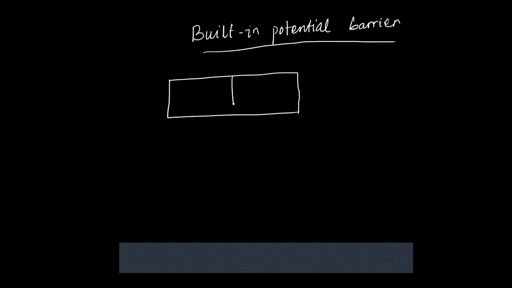I told you we are taking a bulk silicon material, part of which is doped with donor impurity atoms and part of which is doped with acceptor impurity atoms. So this part is doped with acceptor impurity atoms, and this part is doped with donor impurity atoms. So you get p type material over here and n type material over here. This is the junction that separates the two types of extrinsic material, p and n. This whole thing we called a pn diode, or a pn junction, that is formed over here.